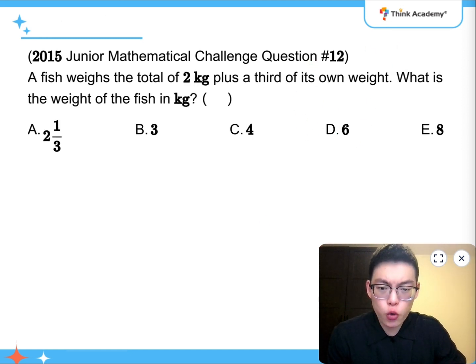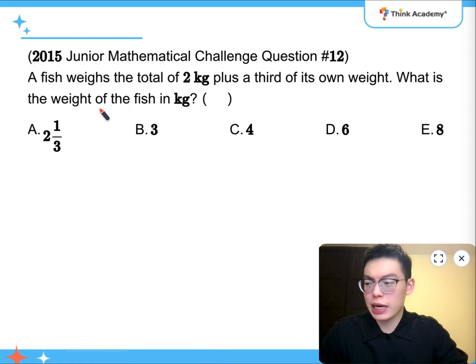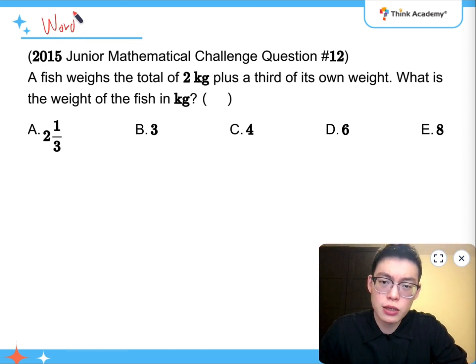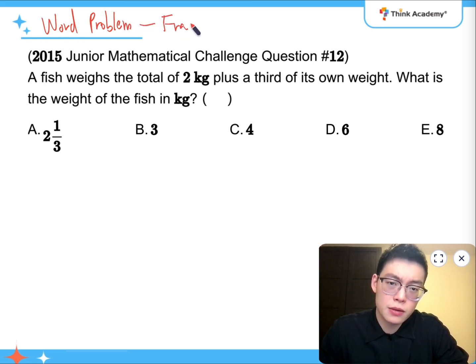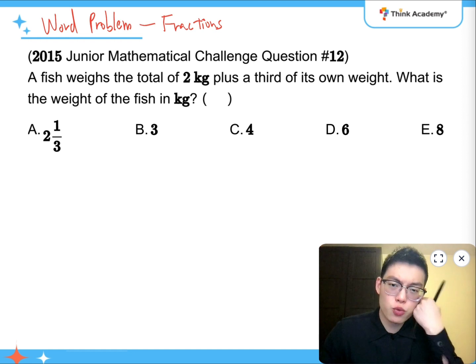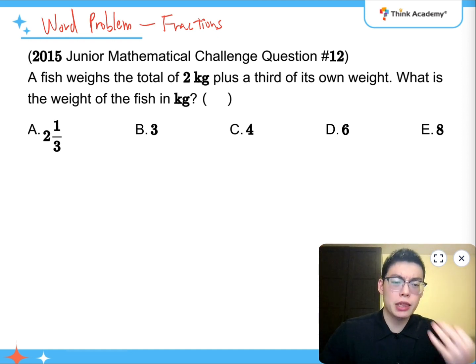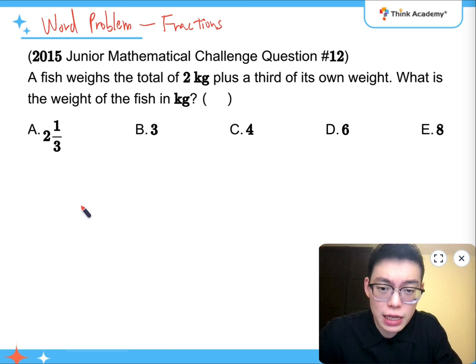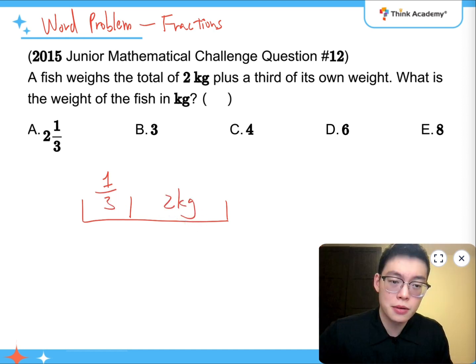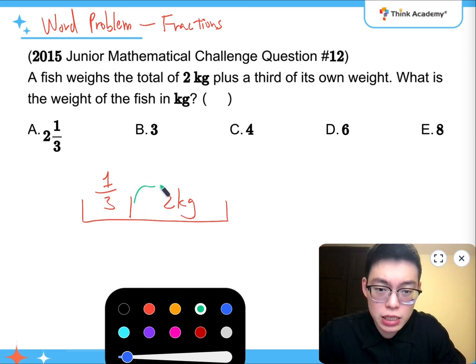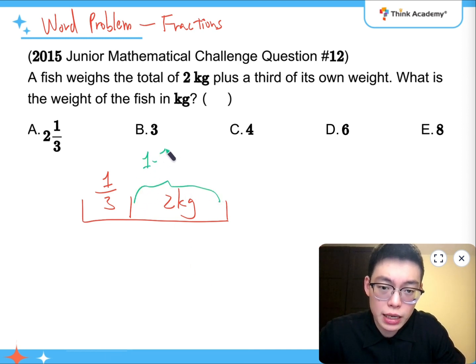And question number 12, I can't believe this is question number 12 because it is actually very, very easy. So again, this is a word problem with fractions. It says that a fish weighs the total of 2 kilograms plus a third of its own weight, which means that if this is the weight of a fish, it's going to be a third of its own weight and 2 kilograms. Which means that 2 kilograms is 1 take away a third, which is 2/3 of the weight of